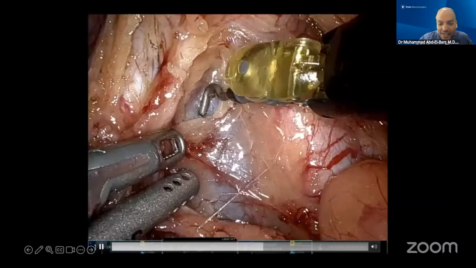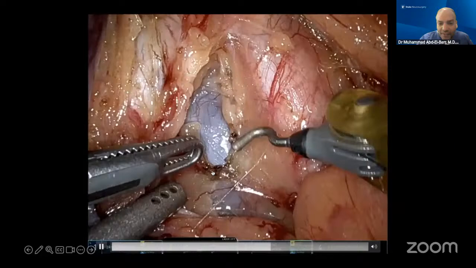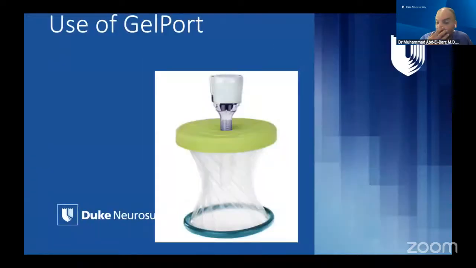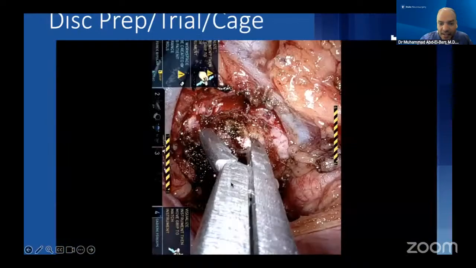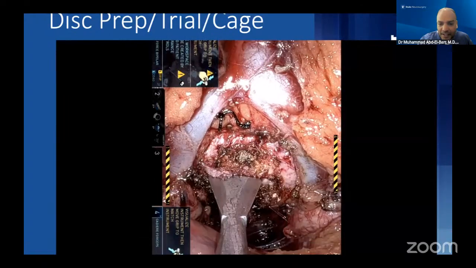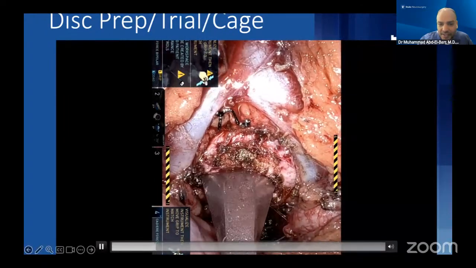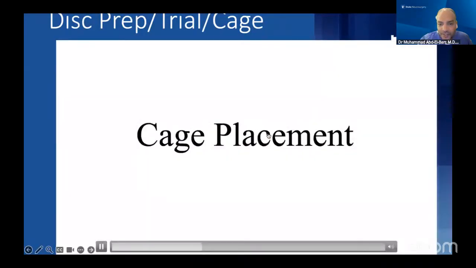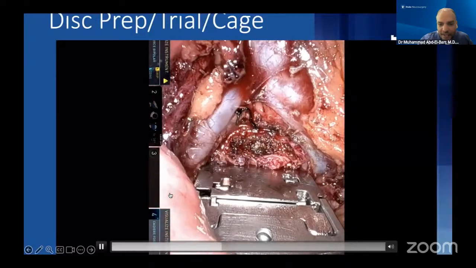This is using ICG to make sure that we're clear of the iliac vessels. Here we are making sure that we're at L5-S1. Then they actually open up one of the small ports and give us this direct entrance into L5-S1. And then here we are doing the L5-S1 ALIF. Here are the iliac vessels. And now we're not looking straight into the patient. We're looking actually through the robotic camera.